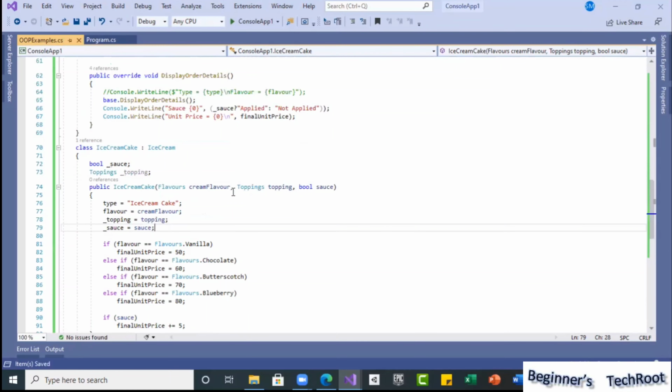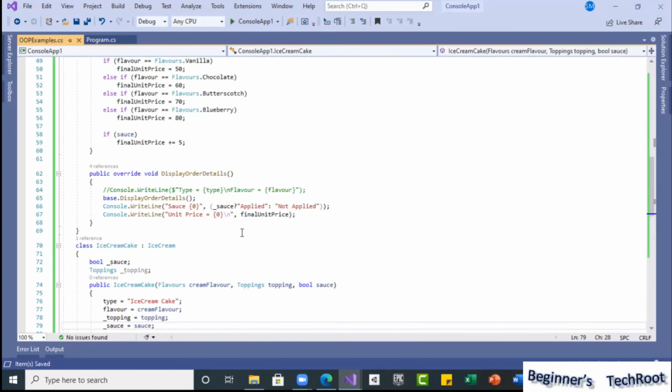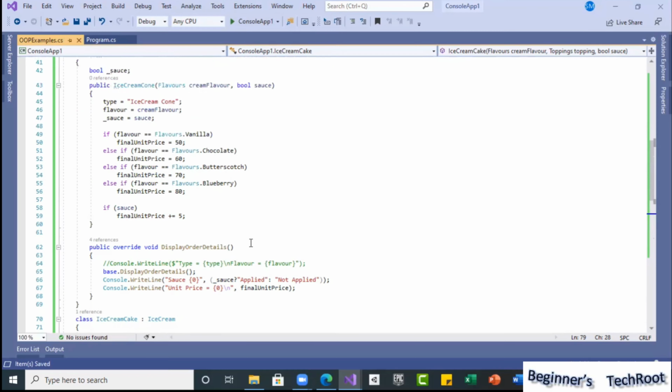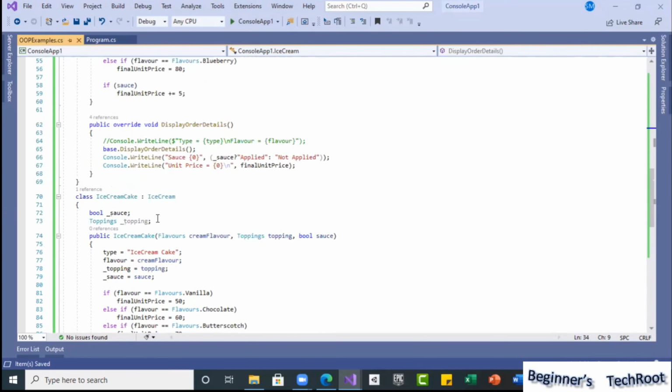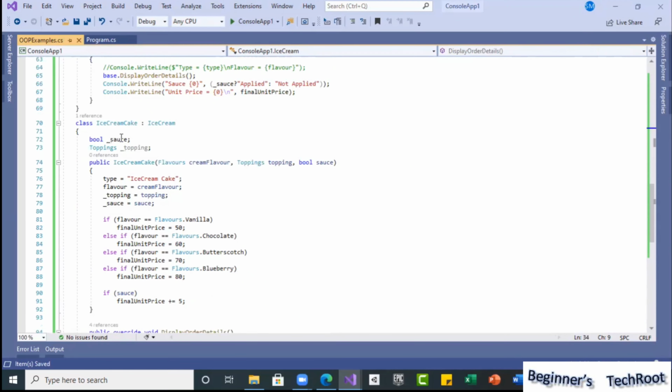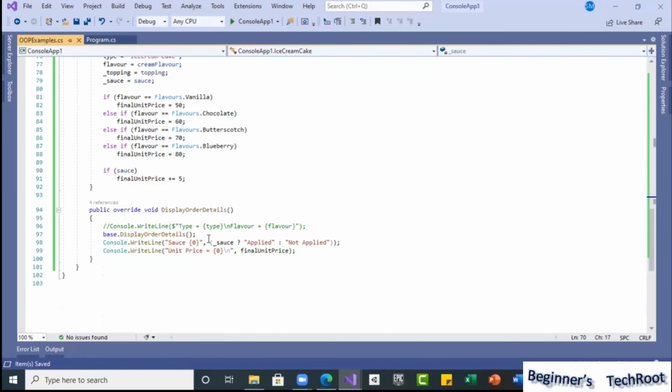See, if you see the inheritance advantage, you can enhance the implementation instead of changing the other classes, whatever we have already written. Straight away I am just using inheritance, extending is possible. Whatever is required for ice cream cake, I am using that respective thing. Okay, so now ice cream